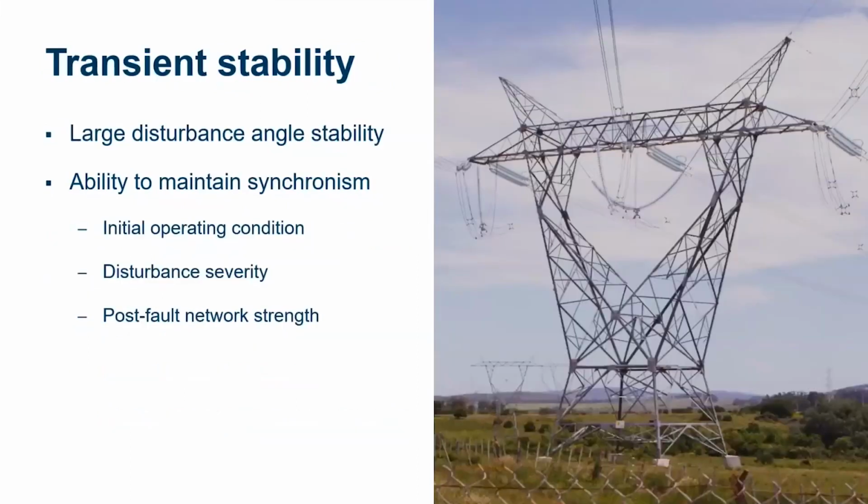Transient stability is the term traditionally used to denote large disturbance angular stability. When a power system is subjected to a severe transient disturbance, it may result in loss of synchronism among the power system assets. It is influenced by the nonlinear power angle relationship that depends on the initial operating condition, severity of the disturbance, and the strength of the post-fault transmission network. Some of these disturbances include faults on transmission lines, such as single line to ground, phase-to-phase to ground, and three-phase